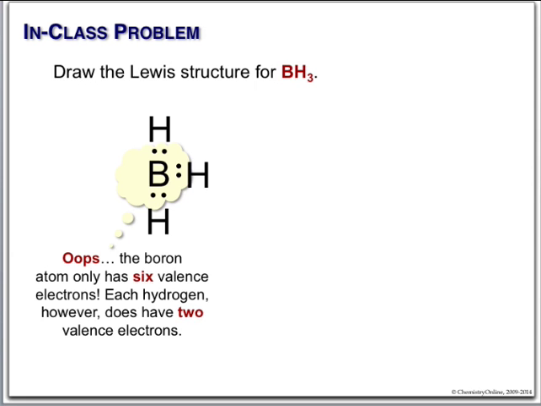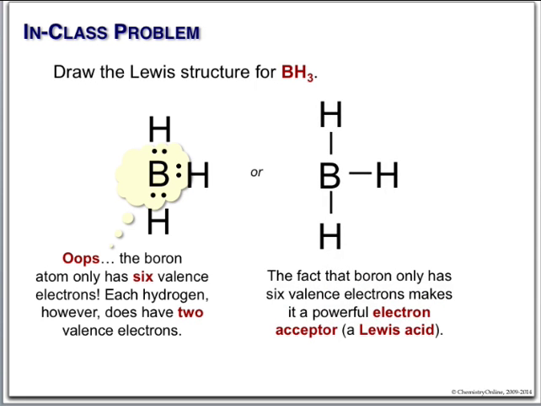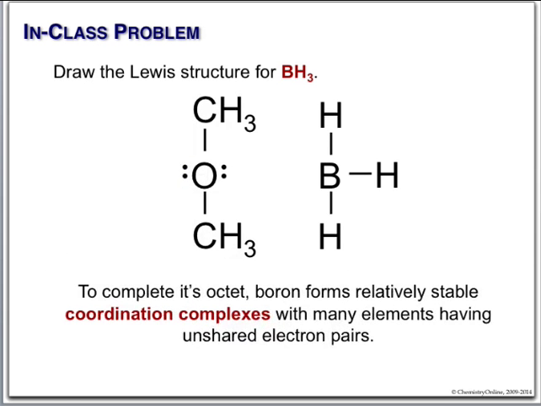When we do acids and bases, we'll see that this is called a Lewis acid, which is an electron acceptor. There's BH3, a Lewis acid. A Lewis acid dearly wants electrons. This guy doesn't have enough, and so it will accept electrons from almost anything. BH3 tends to, in the lab, you get what's known as BH3